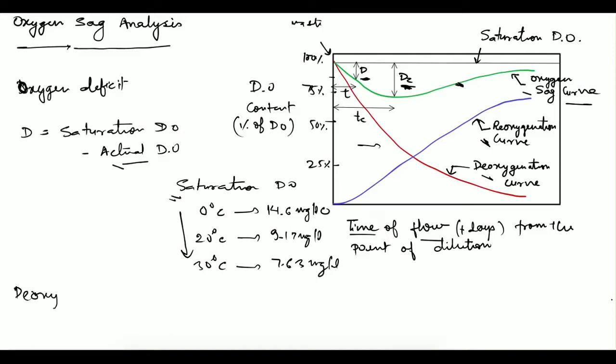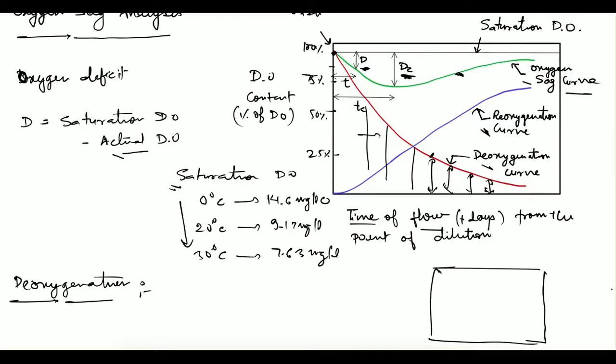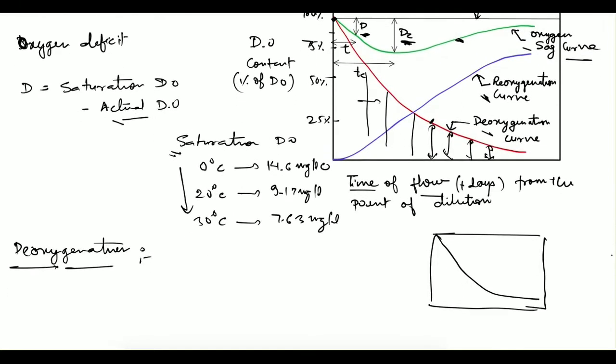The first one is deoxygenation. As we introduce the wastewater in the stream, it will start to consume the oxygen, so this deficit will keep on increasing. If you see this red curve, this is your deoxygenation curve. Initially, we can say the oxygen was at saturation level, and as time passes, it comes down. The ordinate below the deoxygenation curve tells you the remaining oxygen. As the organic matter is getting stabilized, the oxygen content in the stream is becoming low. This deoxygenation curve we also saw in the case of BOD analysis. There we use the same curve, and the equation we used there, we can use here as well.